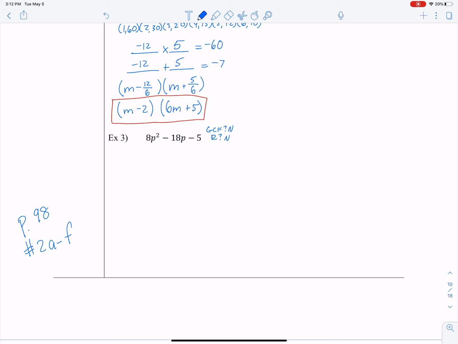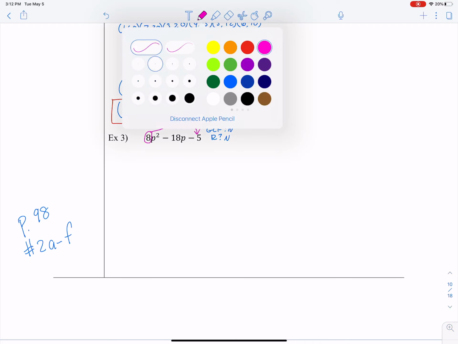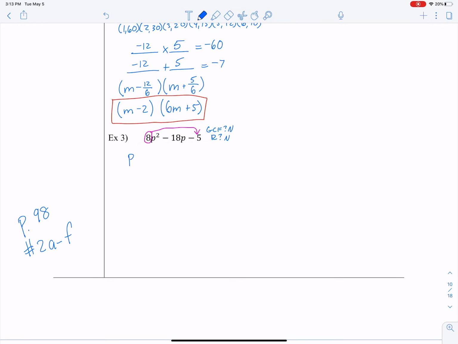Reorder, no. Okay. So we're going to circle our a value and multiply it with our c value. So I'm going to rewrite this. I get p squared minus 18p. Now I'm going to multiply 8 and minus 5, and I get negative 40 when I do that multiplication. So I'm going to write out all the factors for 40, 1 and 40, 2 and 20, 4 and 10,